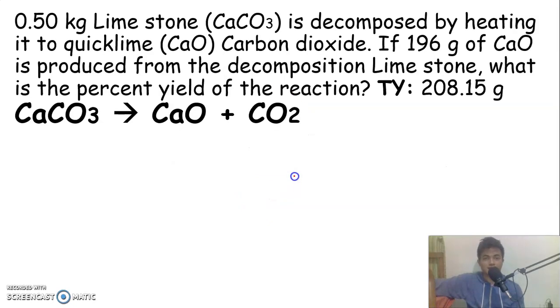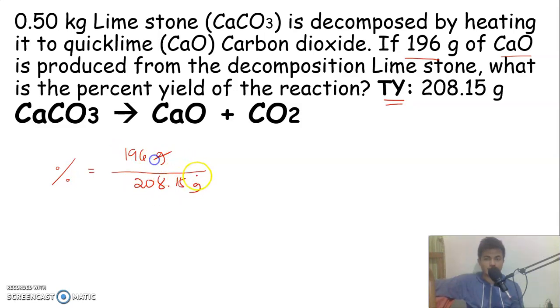So let's have a look at this. This one is a problem that we've already solved. The question for this item is this: if 196 grams of quicklime was produced in the decomposition, what is the percentage yield of the reaction? The theoretical yield was taken from the last video, where we solved this. So to solve for the percentage, all you have to do is take the actual yield, which is 196 grams, divided by